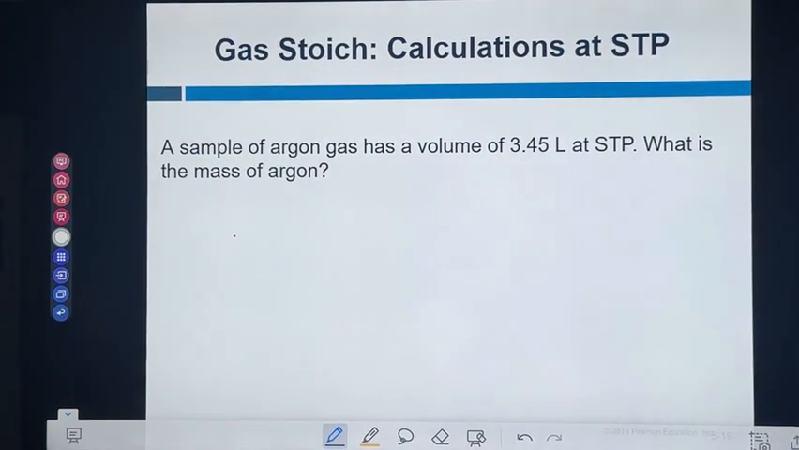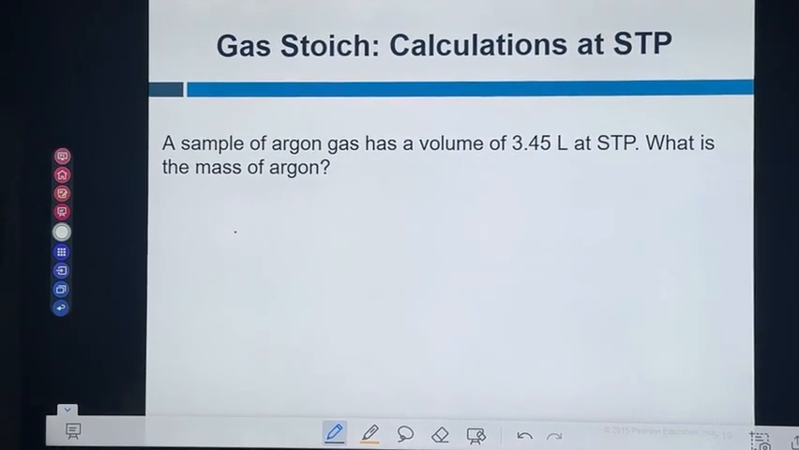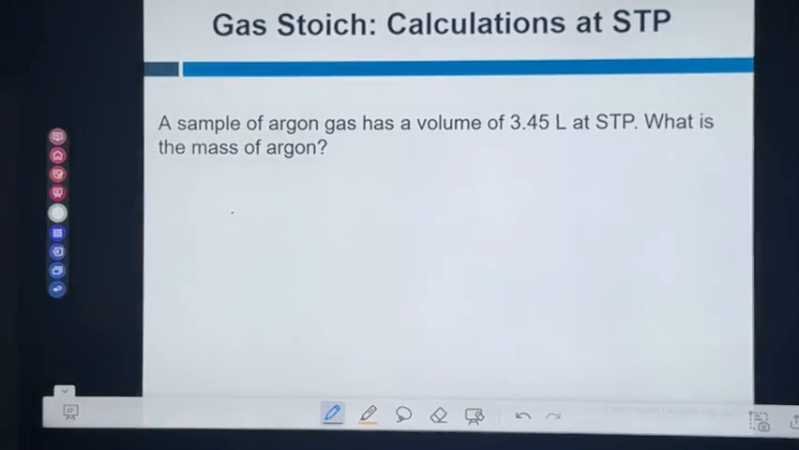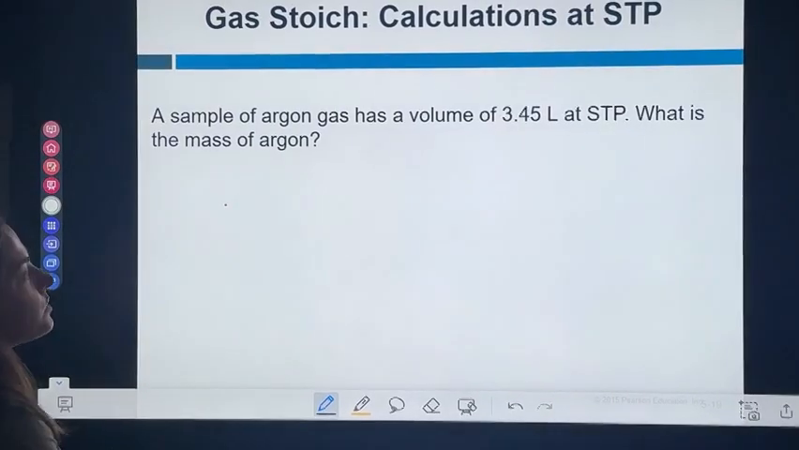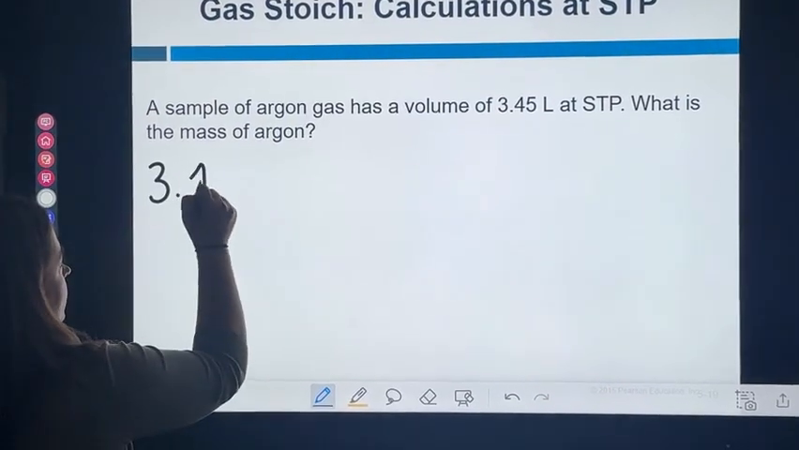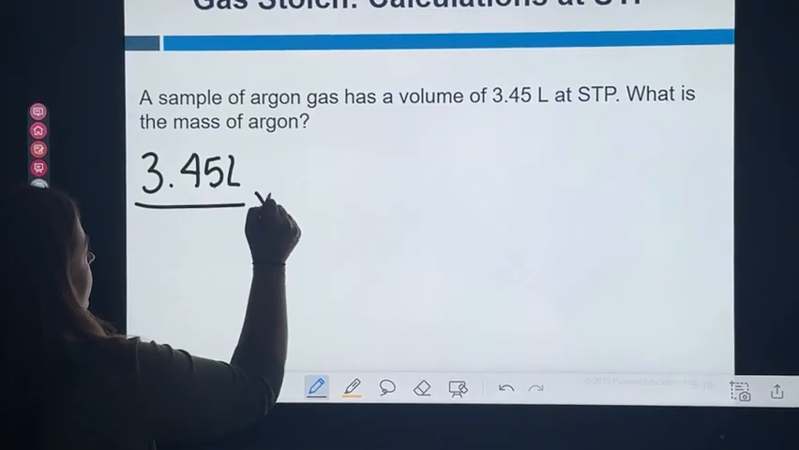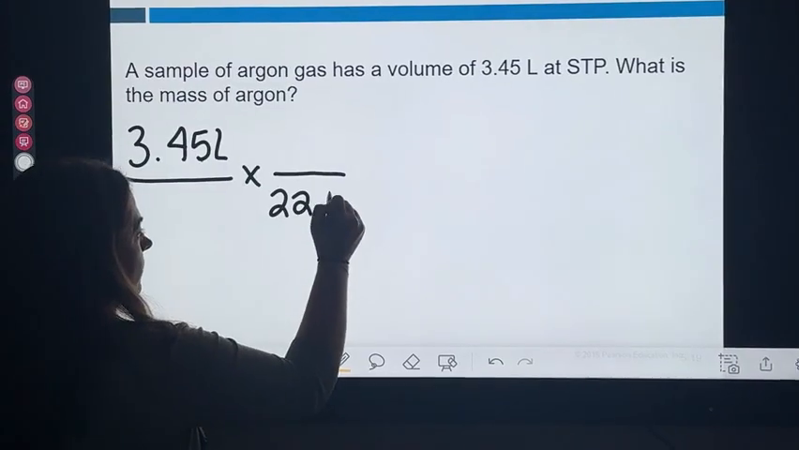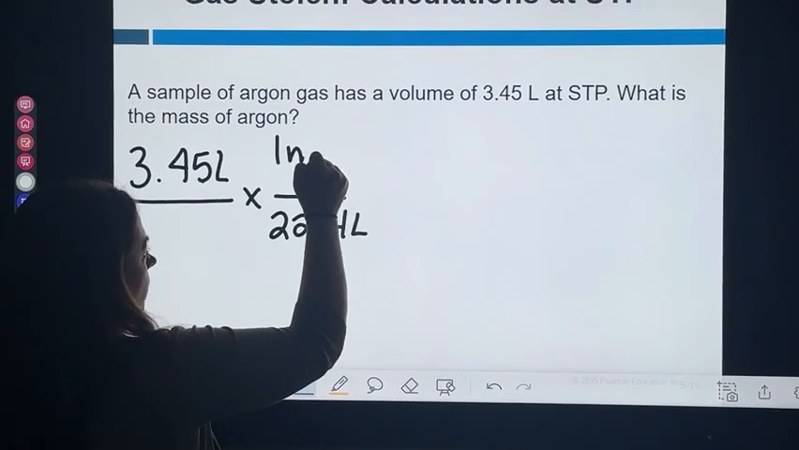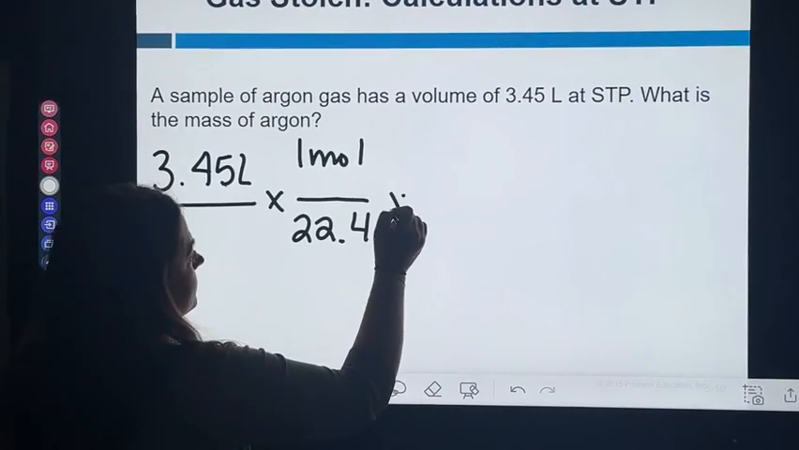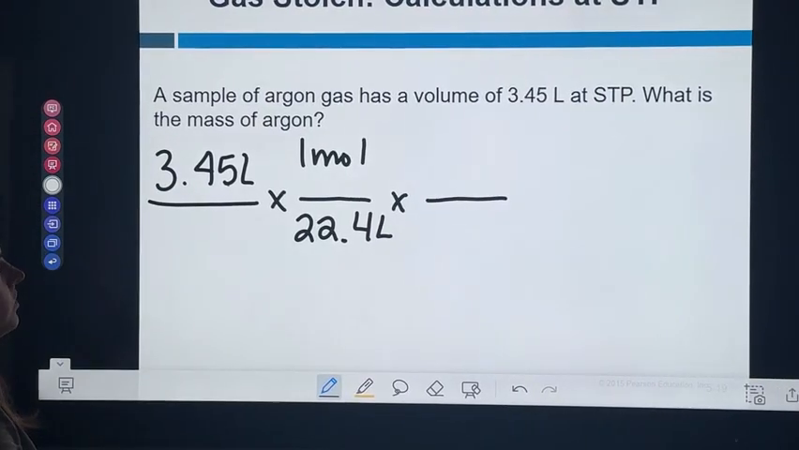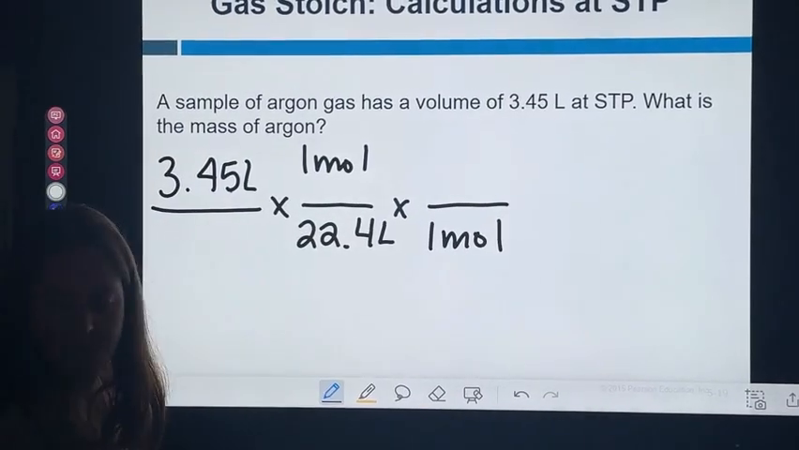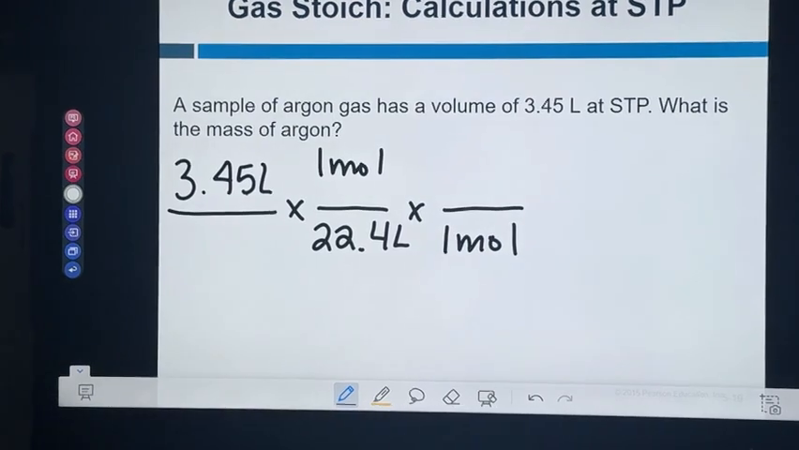A sample of argon gas has a volume of 3.45 liters at STP. What is the mass of argon? We're going from liters to grams this time. We are at STP, so our given is 3.45 liters. If you have liters at the top, you know you need liters at the bottom, so we use 22.4 liters is equal to 1 mole. Then we simply need to get to grams. If you have moles at the top, you need moles at the bottom, and 1 mole is equal to the mass of any substance. So the mass of argon is